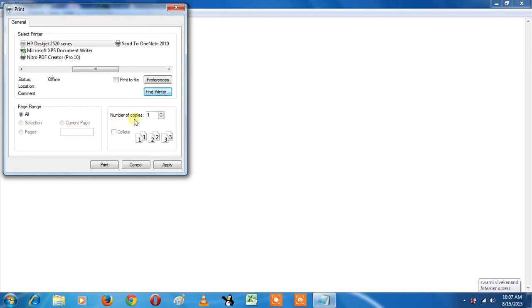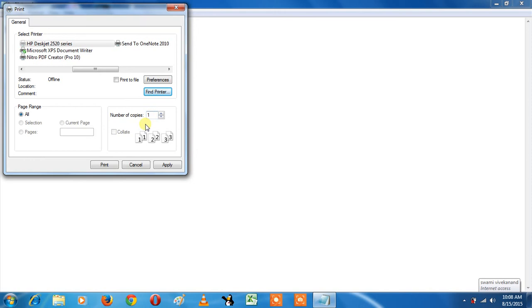Number of copies gives you copies. For example, if you go to a printer shop and give a paper for printing and say print 2 copies of this document, then the shopkeeper will give you 2 copies of your single document. Here you have the same option, how many copies do you want of your document. If we select 1, then it will give a single copy of your document. If we select 2, then it will give 2 copies of your single document.